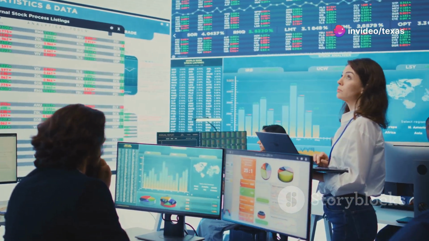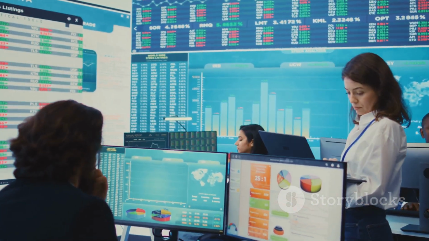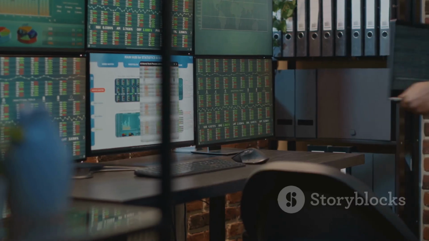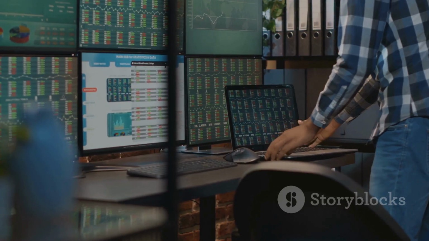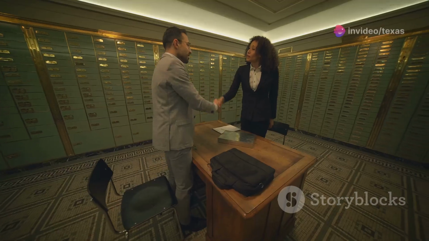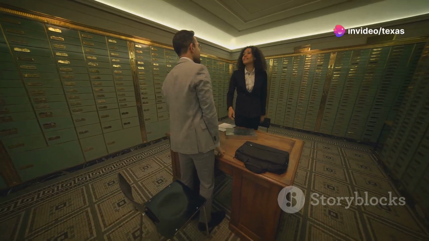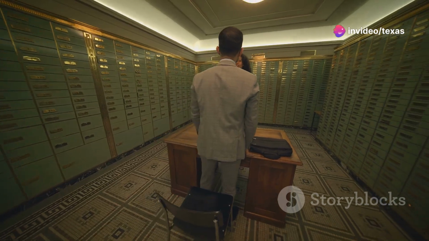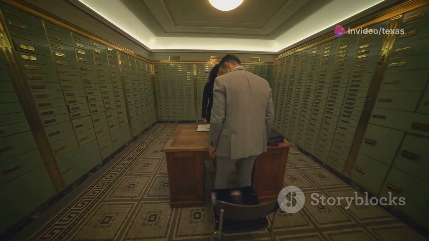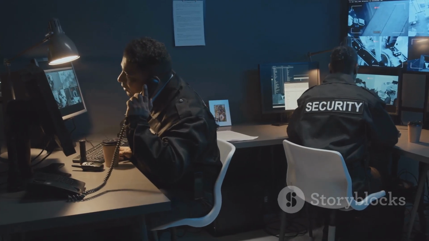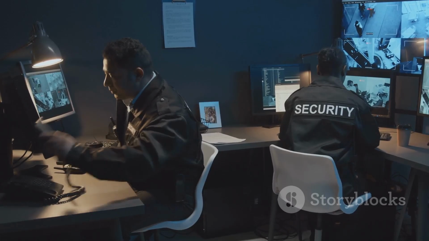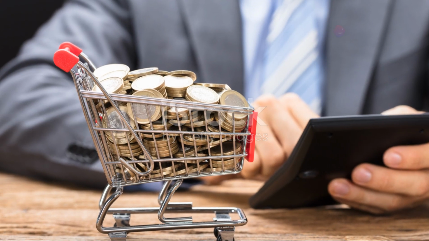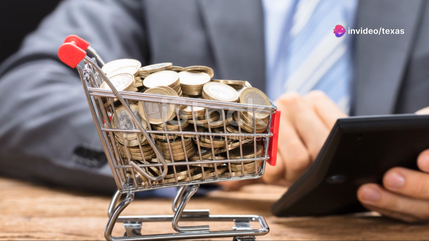Now, while carrying out these functions, commercial banks aim to strike a balance between three key objectives: liquidity, security, and profitability. Liquidity ensures that banks have enough cash or liquid assets to meet the withdrawal demands of their customers. Security is about minimizing risks and safeguarding customers' deposits. And profitability, well, that's the end game for any business, isn't it?